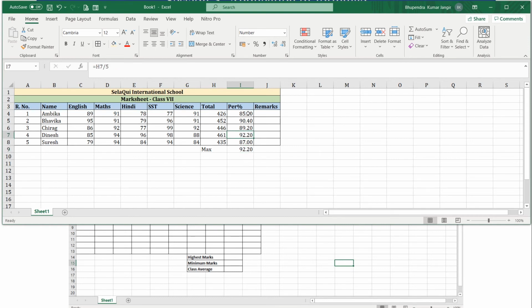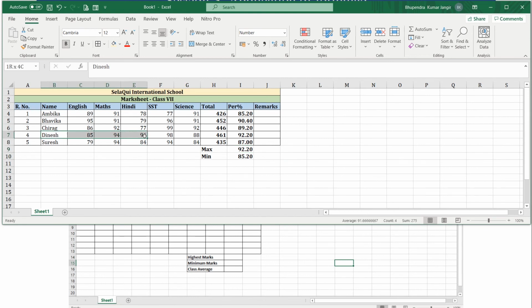And if I go for the minimum, again I'll select all those cells and go for minimum. Here 85.20. We need to ensure that it is selecting the proper range or not once we are overlapping cells. So it is checking I4 to I8. That means it is selecting the correct cells. So here I will write minimum. So I can bold these records, and we can identify maximum as Dinesh, that is 92.20.